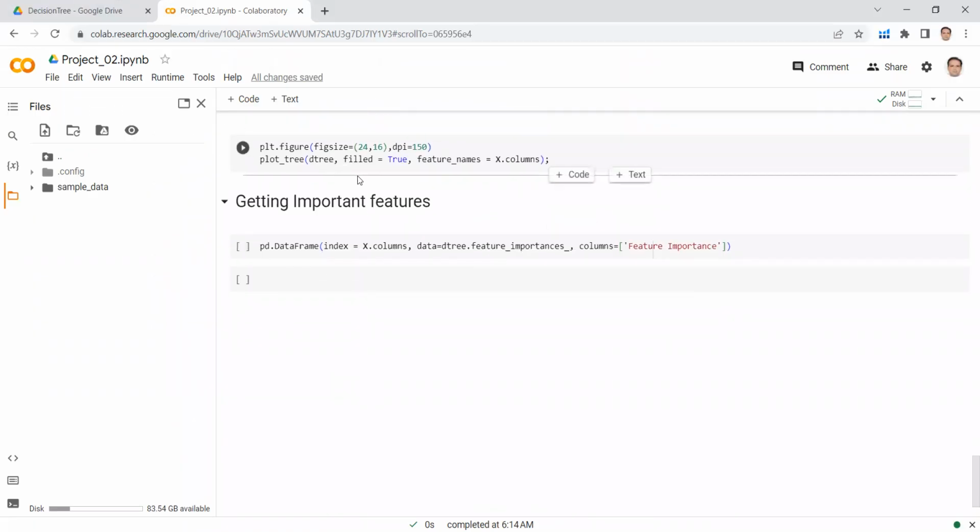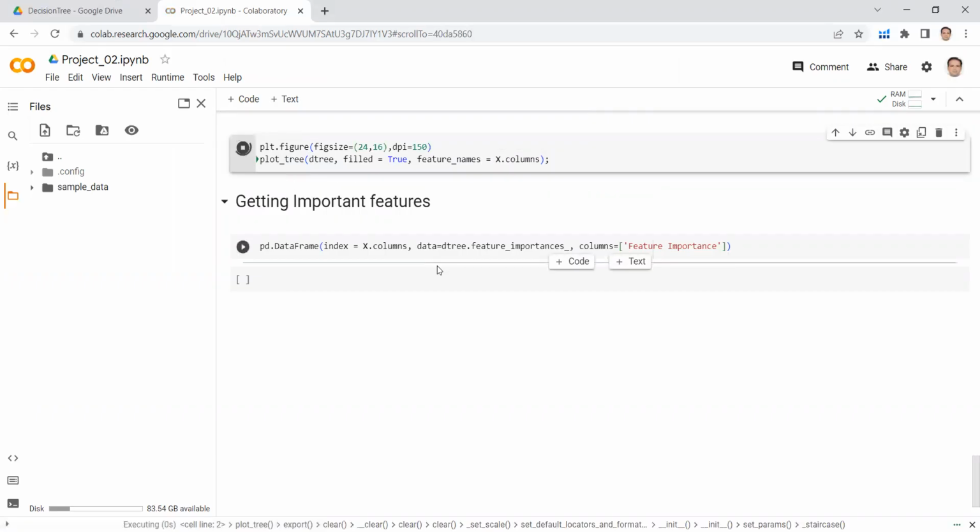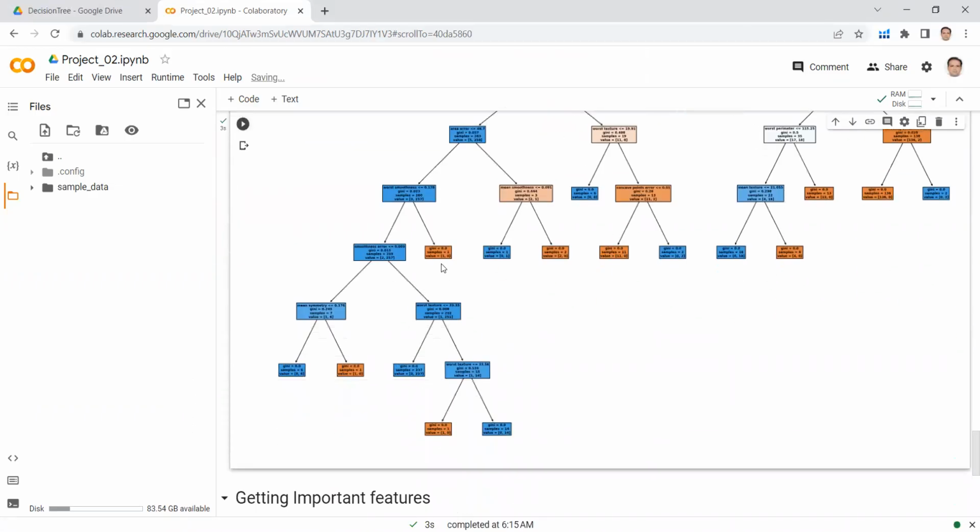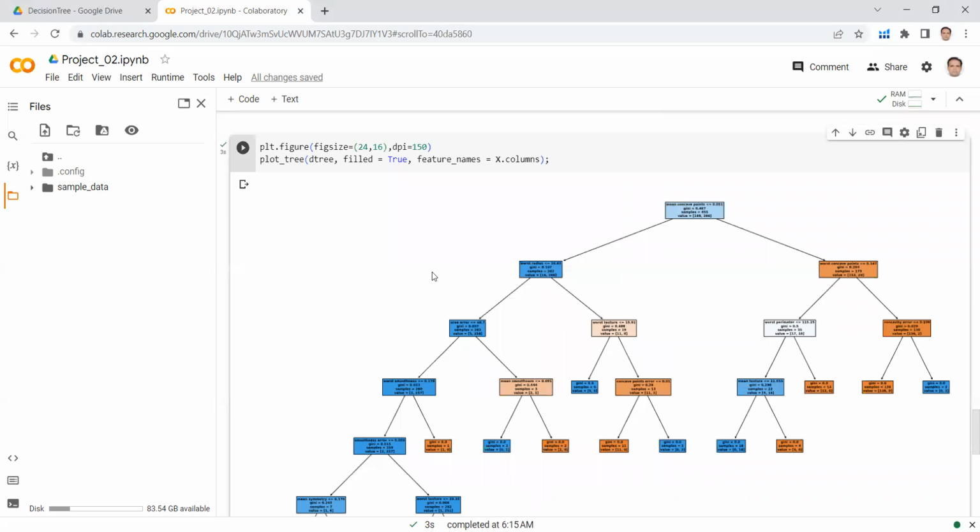For decision tree visualization, I am going to use a function, plot tree. The first input is the decision tree classifier, filled is true, and feature names are the names of the columns of the feature. Let's run this cell. Now, as expected, since we have 30 features,